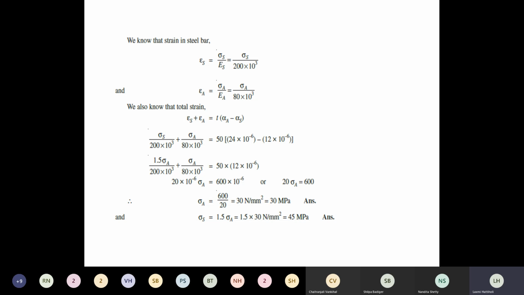So what I request is, make a separate book for numerical examples and try to solve these. These are direct questions for around 10 to 12 marks, so I want everyone to solve them individually. Basically, you have only two equations. You just substitute and you will get the answer. You need to operate mathematically, and you should know how to take the unknown quantity from LHS to RHS and RHS to LHS.